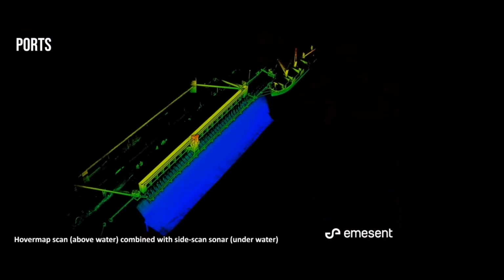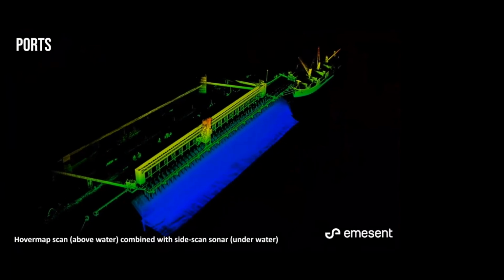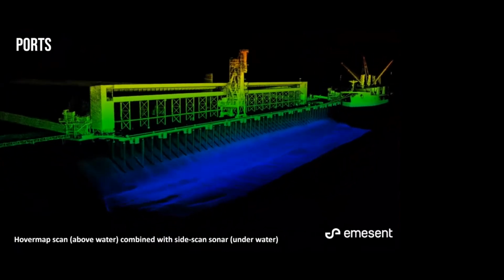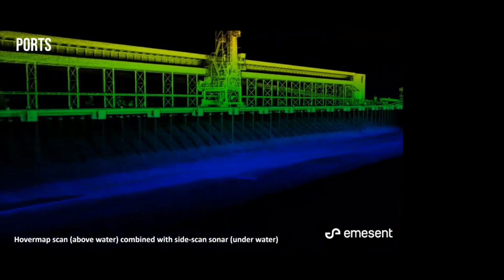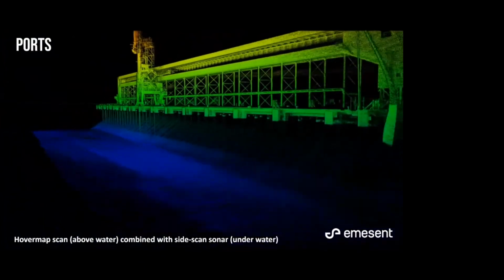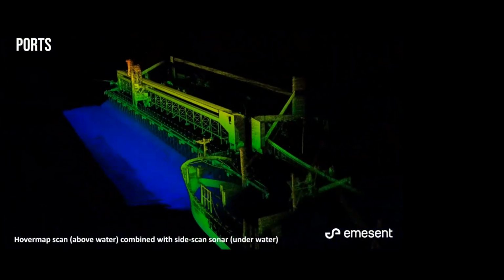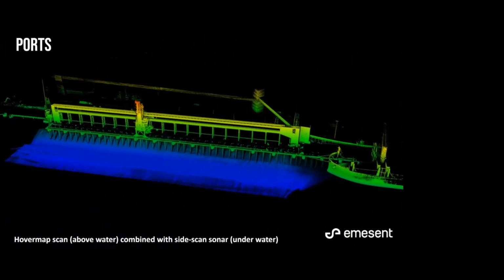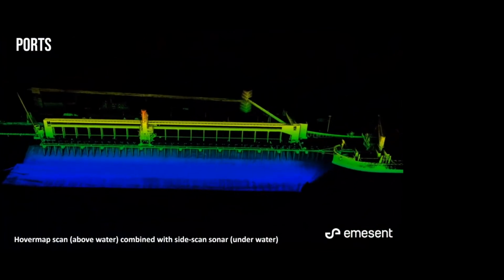My previous background is actually marine science, so this one is true to home for me. This is a combination of Hovermap data, which you see on the surface, plus side scan sonar data. So in a way, without trying to oversimplify it, a point cloud is a point cloud is a point cloud. And in this case, we were able to merge the point cloud derived from the side scan data with the Hovermap, and we were able to get a complete picture from the surface all the way down to the sub-bottom